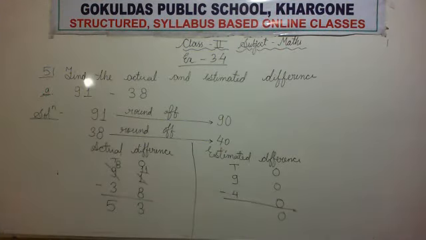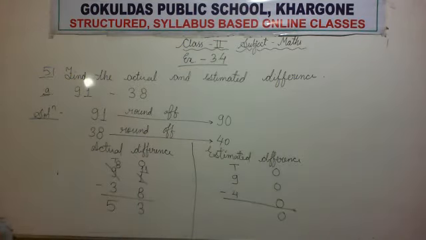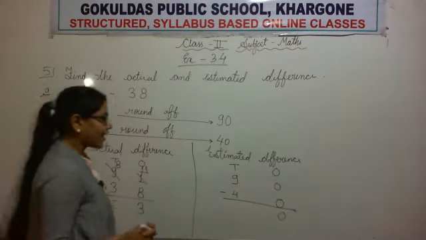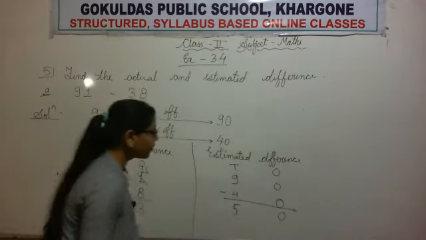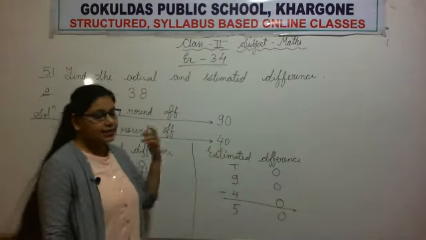All of you open 9 fingers. Yes. Minus 4 is there. So take away 4 fingers from those 9 fingers. Okay. So 9 minus 4 is equal to, very good, 5. So we will write the number 5. Now 90 minus 40 is equal to 50. So this is our estimated difference.